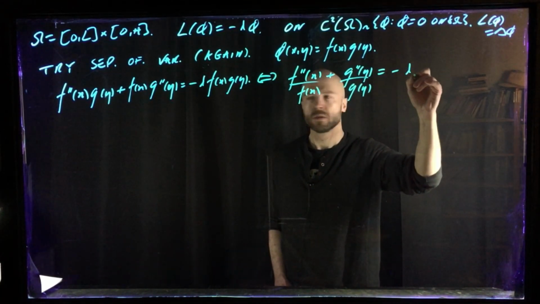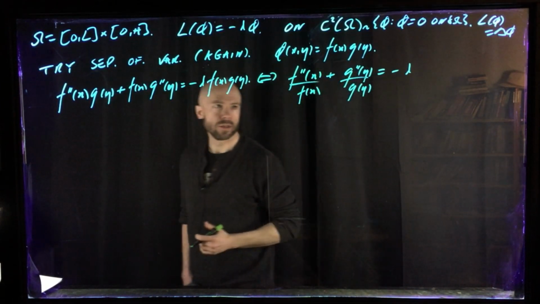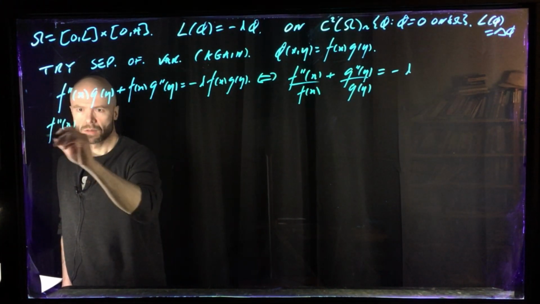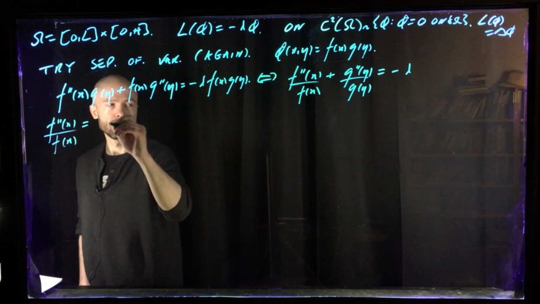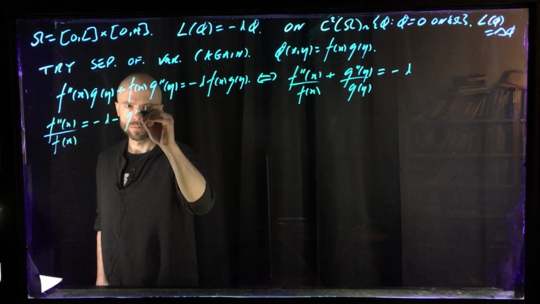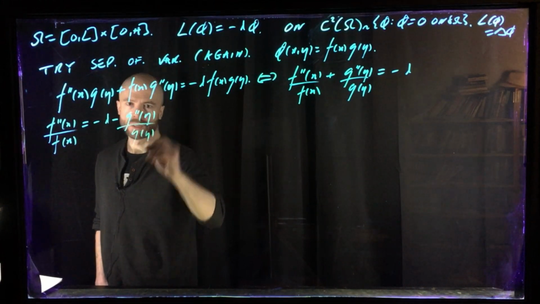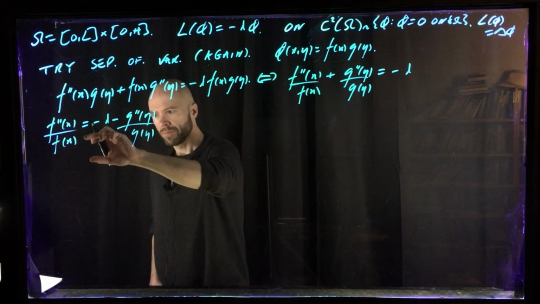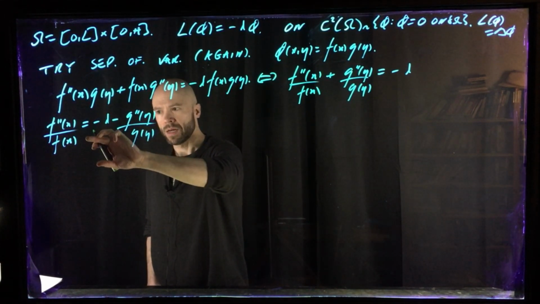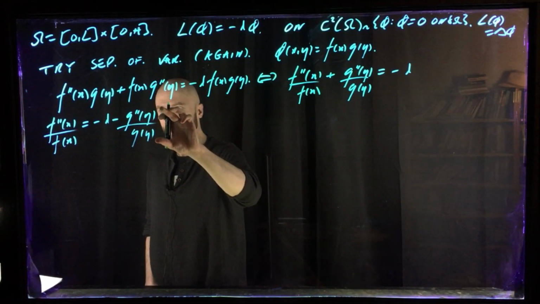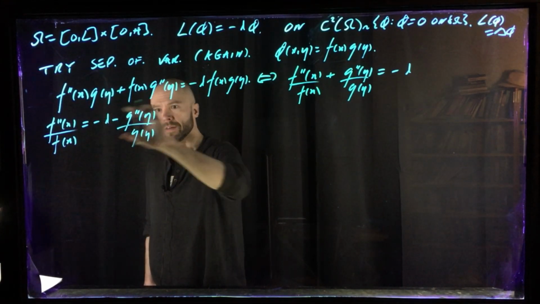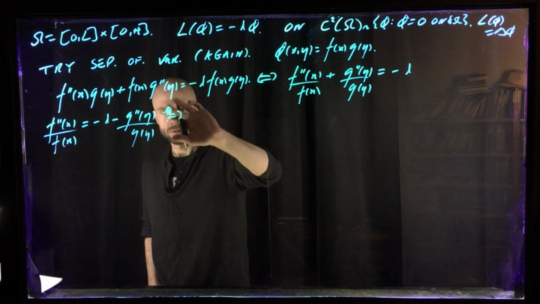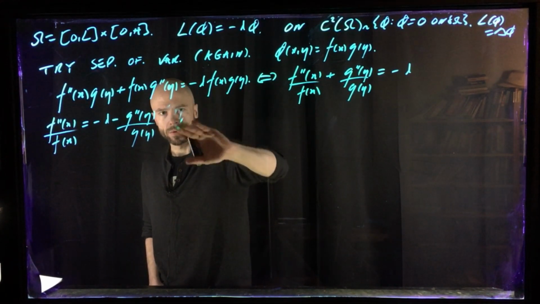Okay, let's put one of those things on the other side. Like this. And the only way this can be true is if this thing doesn't depend on x and this thing doesn't depend on y. In other words, this has to be constant and this has to be constant. So this implies, well actually both ways, but I only care about one way,